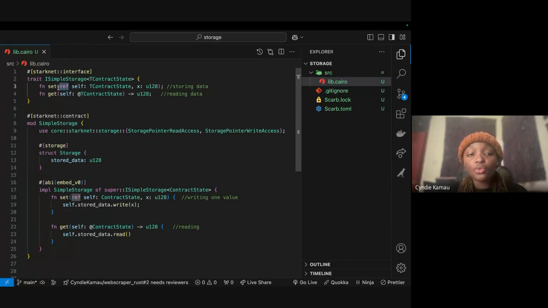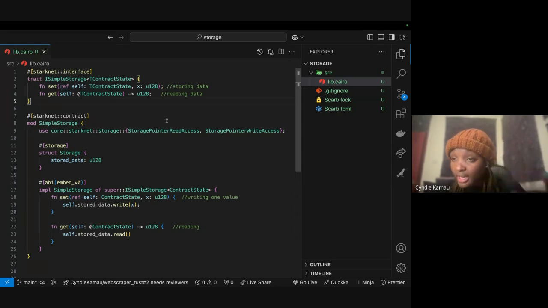You will see this when we go back to the Cairo book and you go through the entire programming language, and you go to ownership in Cairo. You also see how traits and generics are implemented in Cairo, okay? So back to it. When I have this ref here, I want to borrow the contract state which we have. When I'm borrowing it, I want to change the state of my contract, okay? That's why I need this ref here.